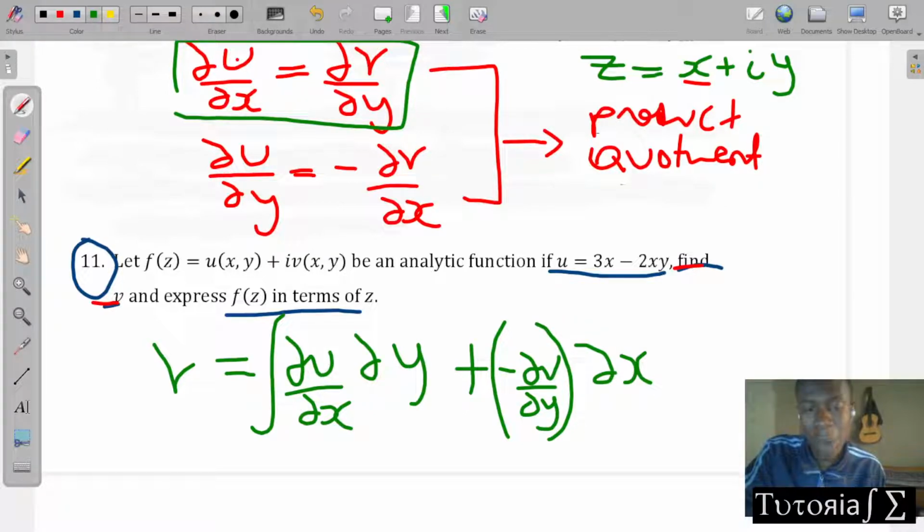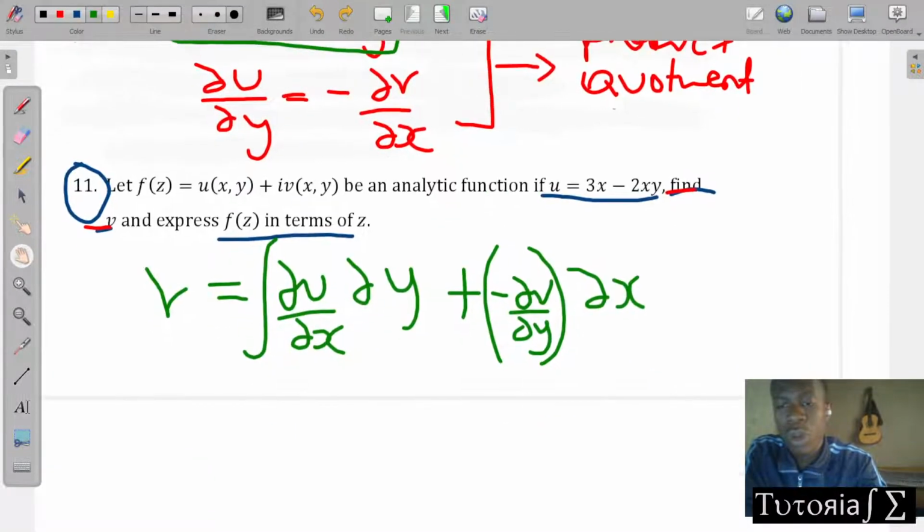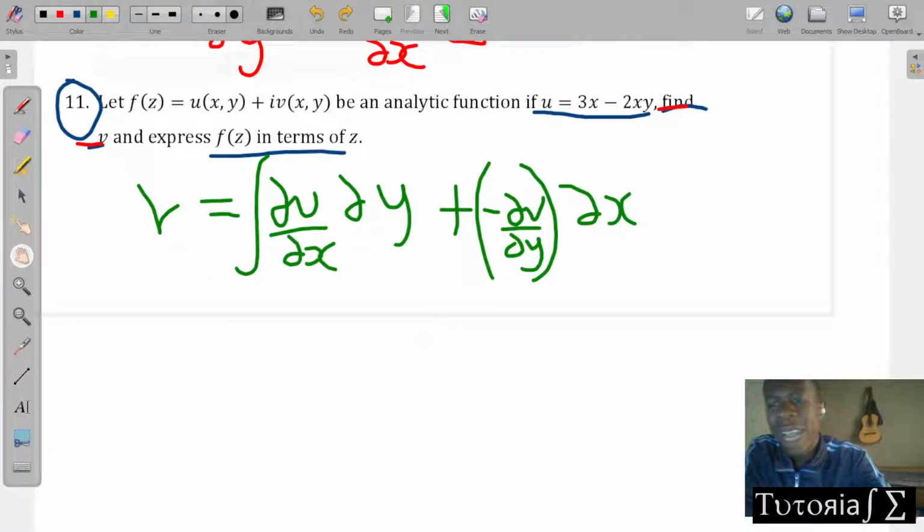Okay, so that is how you construct that, and you use this formula, and we are going to use this formula for question number 11. And in a situation where you're told to find u, you do the same thing. You say u, you're looking for u, of course. You're going to say u is equal to,